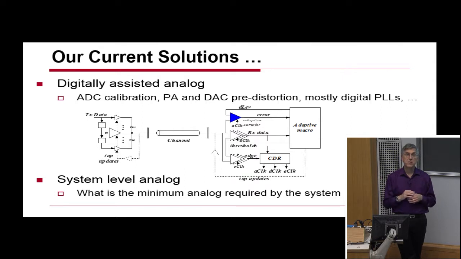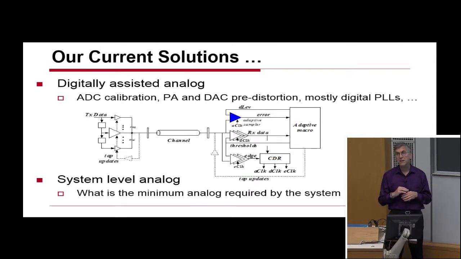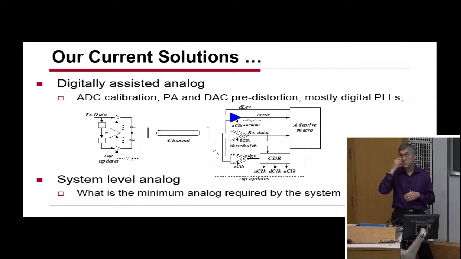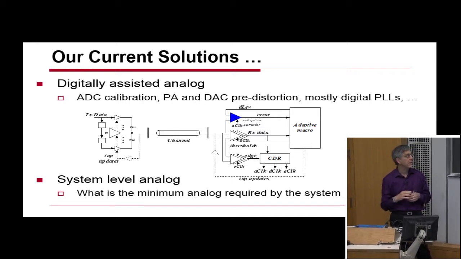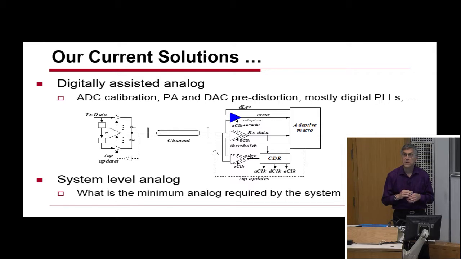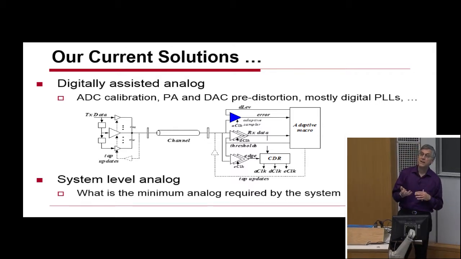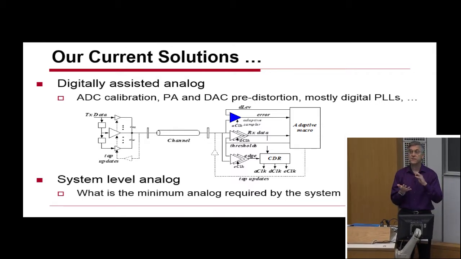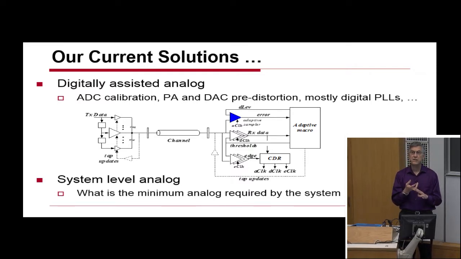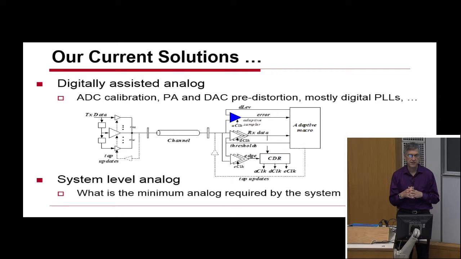This is generally called digital assisted analog, and there are many people in the country who have really pushed this design forward. One of the foremost is my colleague at Stanford, Boris Murmann, who has shown how you can correct not only for offsets and various other things like that, which were conventionally done, but also for nonlinearities in the systems by doing more sophisticated digital correction.